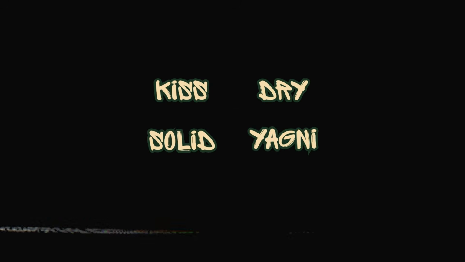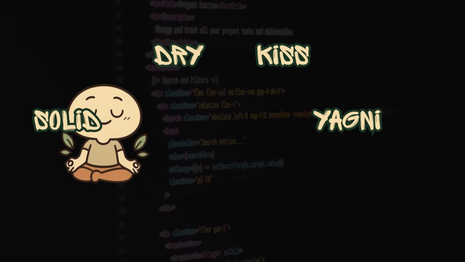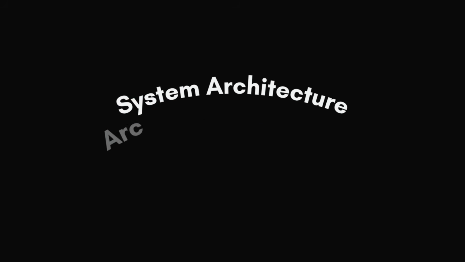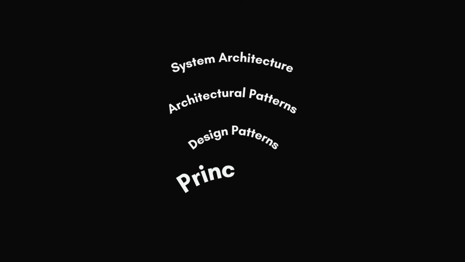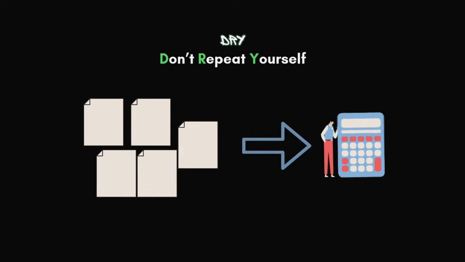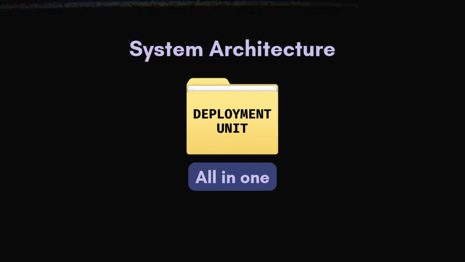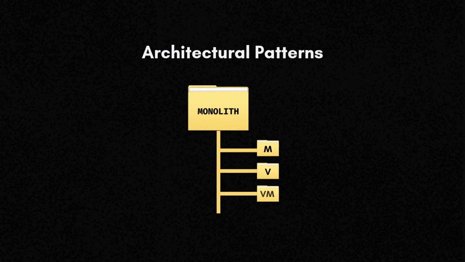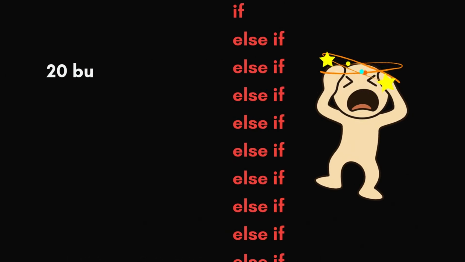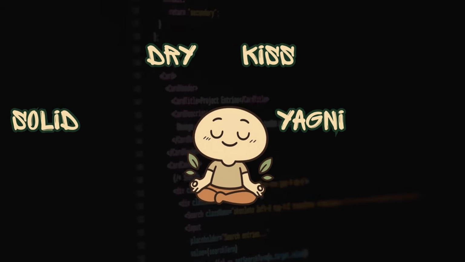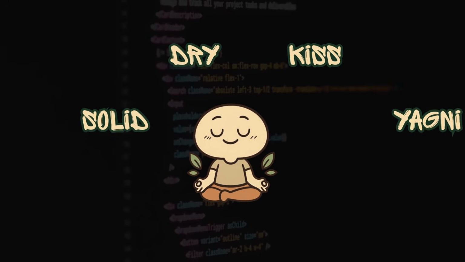These principles do not tell you exactly what to build. Instead, they shape the way you think while writing every line of code. And this is the big picture of system design. From the highest level architecture down to the smallest coding principles. System architecture decides how the entire system is deployed and scaled. Architectural patterns organize the structure inside the application. Design patterns solve recurring engineering problems between components. And principles guide the mindset behind every line of code we write.